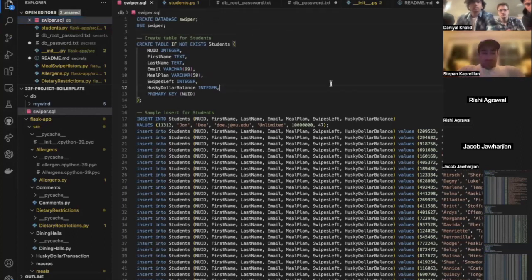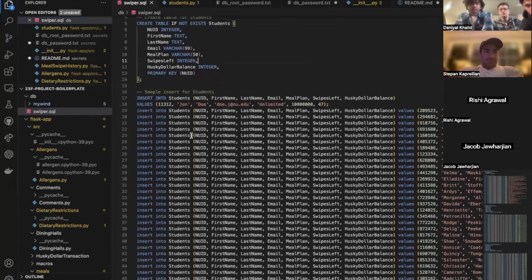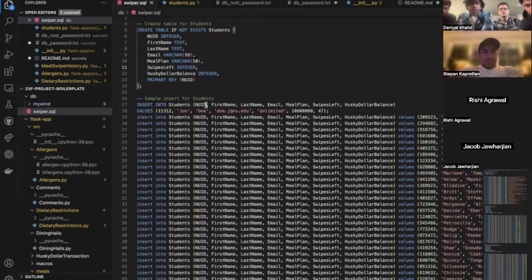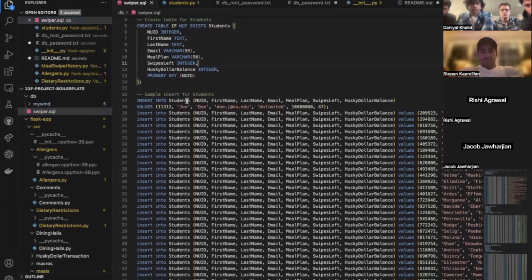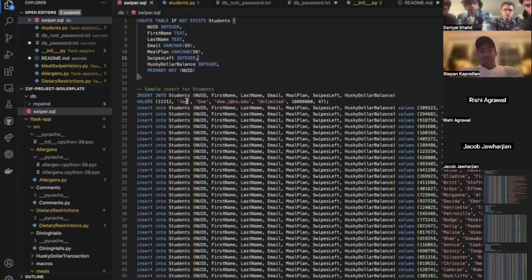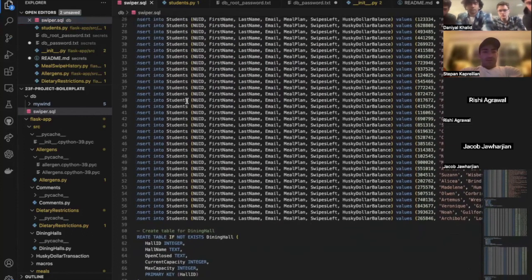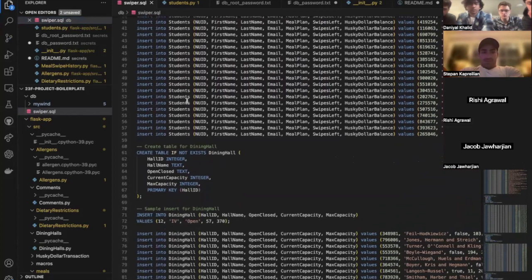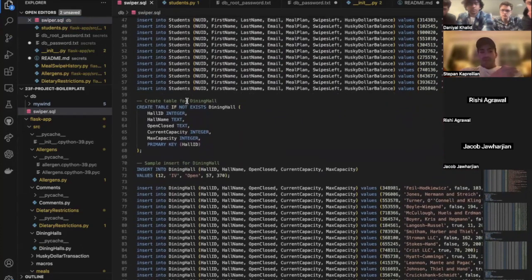Yeah, so as was said before, this is our database. You can see all the insert statements produced with Mockaroo and just exported as SQL statements. Here you can see our main entity, students, and all of its attributes, such as NUID, first name, last name, email, meal plan, swipes left, and Husky dollar balance. And these were all created using Mockaroo, and they have different